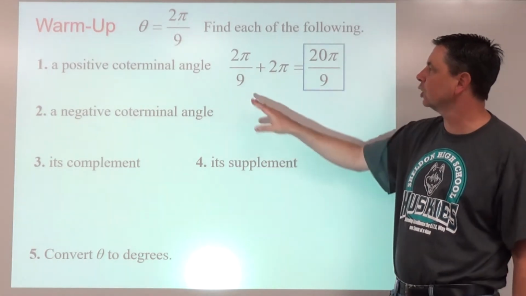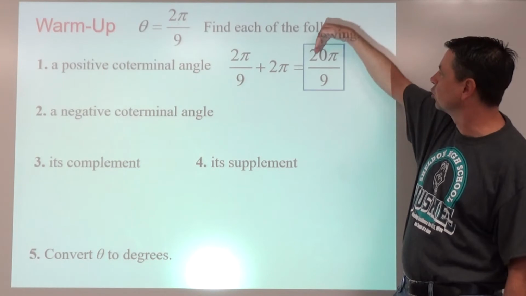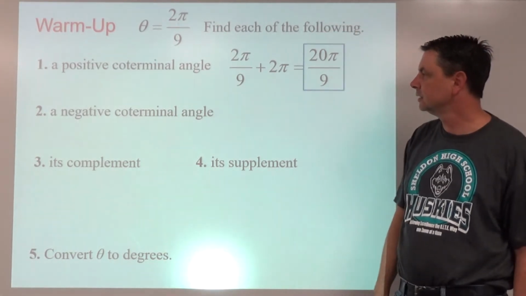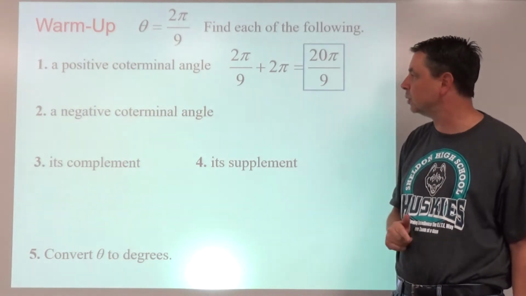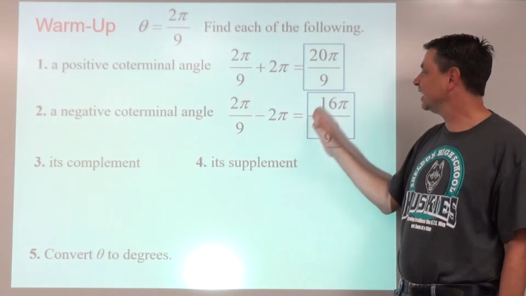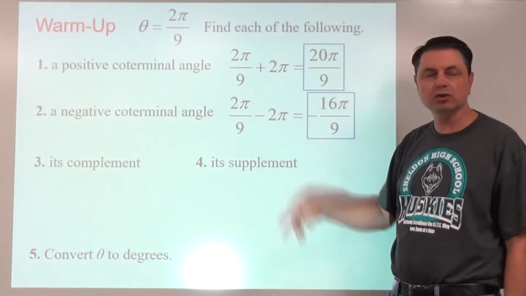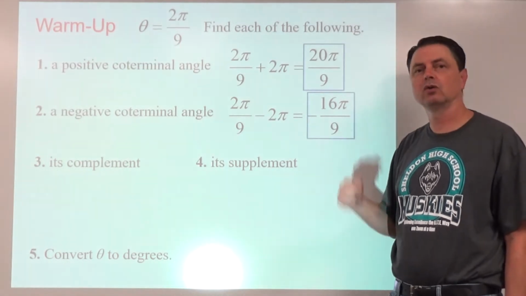To get a positive coterminal, we could try adding 2 pi, and we would get 20 pi over 9. To get negative coterminal, we could try subtracting 2 pi, and that worked. It may not always work. If it's still positive, just subtract 2 pi again until you get it to be negative or whatever it is